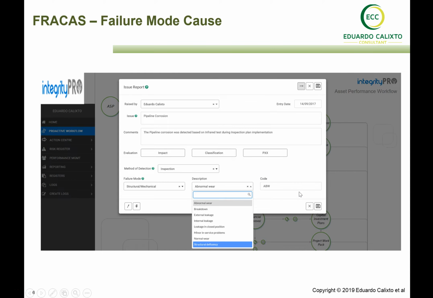So you can see that the first stage of the FRACAS is very fast. Operators can input the data into the system, not necessarily going to some paper reports, or going back to their computer in a station, or in an administrative building, to input